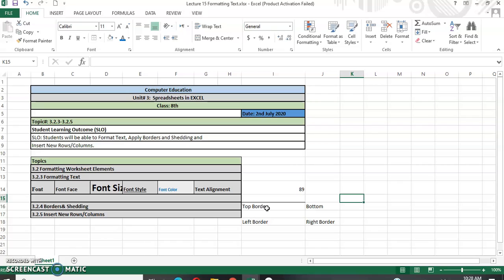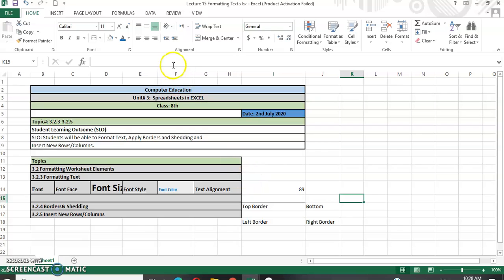Clear? So the font group of the Home tab has all the options related to formatting. Font formatting includes your font face or font changing, then font size with the font size box or increase and decrease font size option. Then comes your font styles, then fill color for the cell, and border for the overall boundary of your required cell. Then comes your font color. These are all the options related to the font group we have discussed.